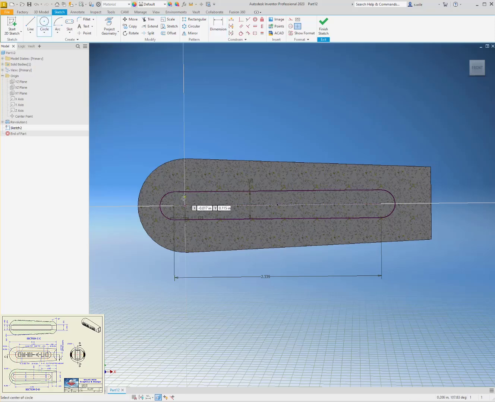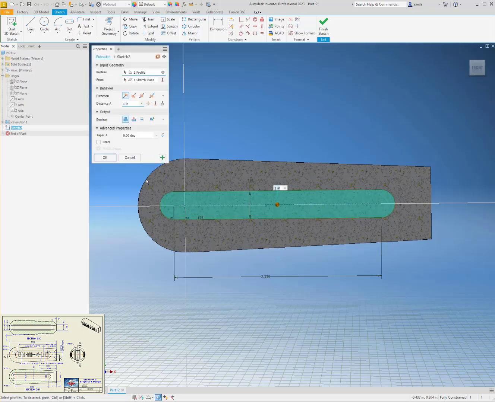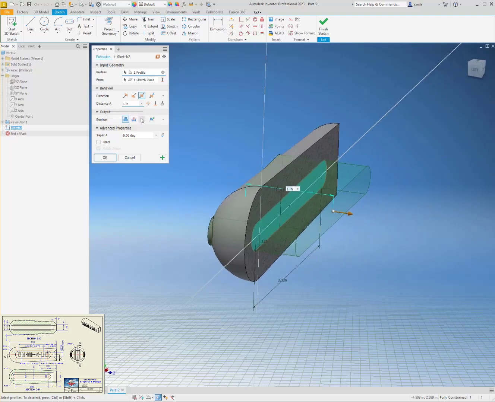Let me see what this is going to look like with the bigger slot here. 0.295 times 2. Yeah, I like that. Let's say that's 0.125. Extrude, it's fully constrained. So we're going to go symmetrical, cut,